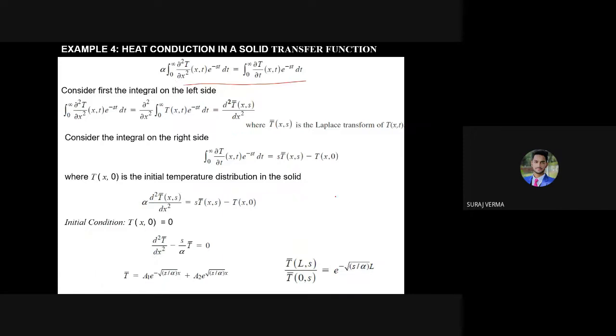Laplace transform is nothing but the integral from 0 to infinity of f(t) e to the power minus st dt. यही होता है ना? Yes or no? This is the Laplace of f(t). So in order to find out the transfer function, f(t) into e to the power minus st dt from 0 to infinity becomes the Laplace. We have taken the Laplace of the function.